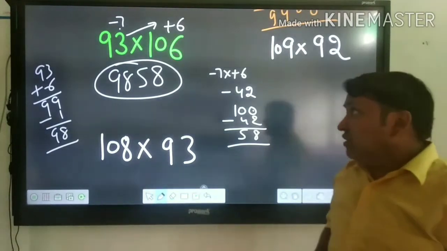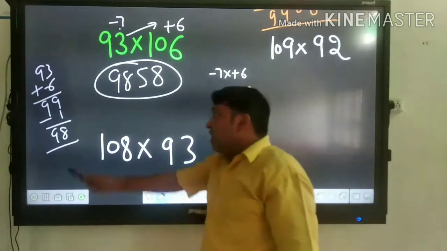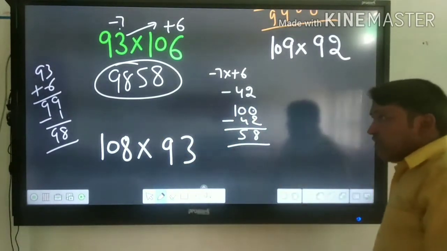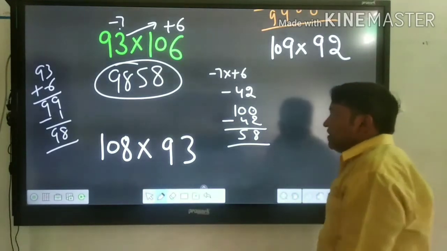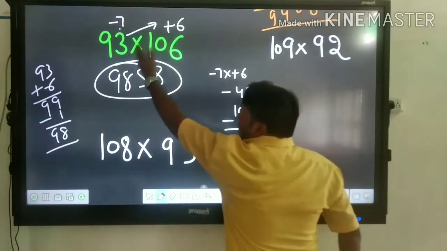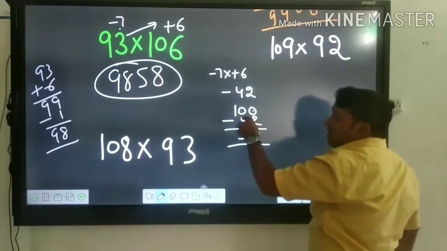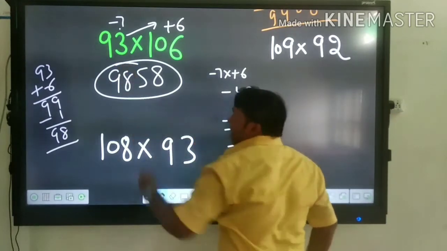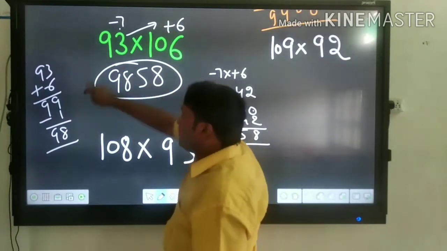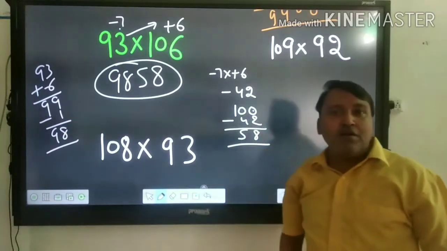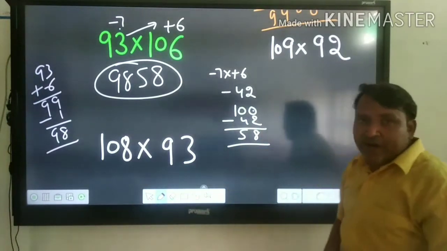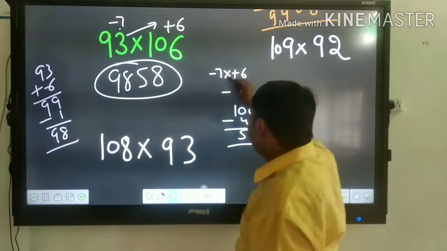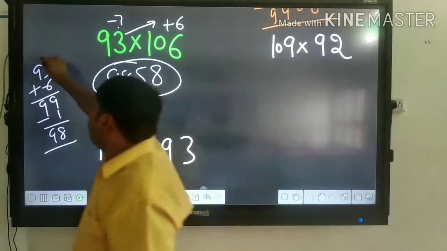In the other questions, where both the terms were more than 100 or less than 100, there I was not subtracting 1. Why am I subtracting 1 in this type, where one is less and one is more? So student, this is the rule. You see, I have subtracted from 100, so I have taken one carry from this 93, so it actually becomes 92. So if I add 92 plus 6, then what will be the answer? 98. So in that way my answer is 98, students.